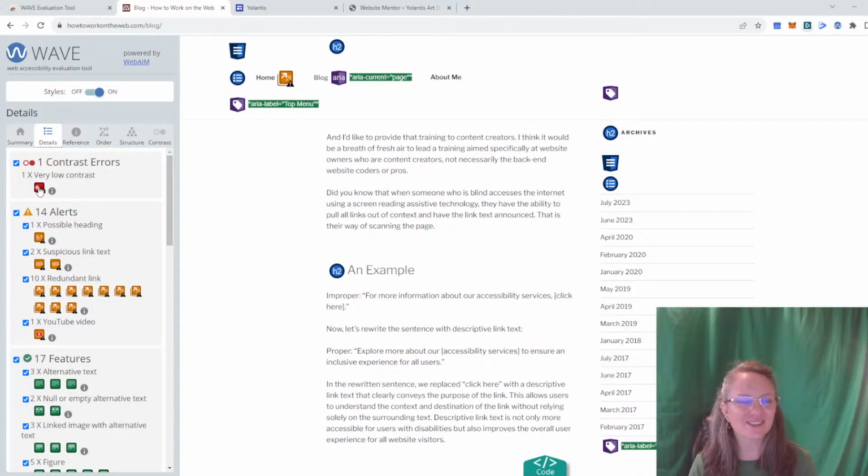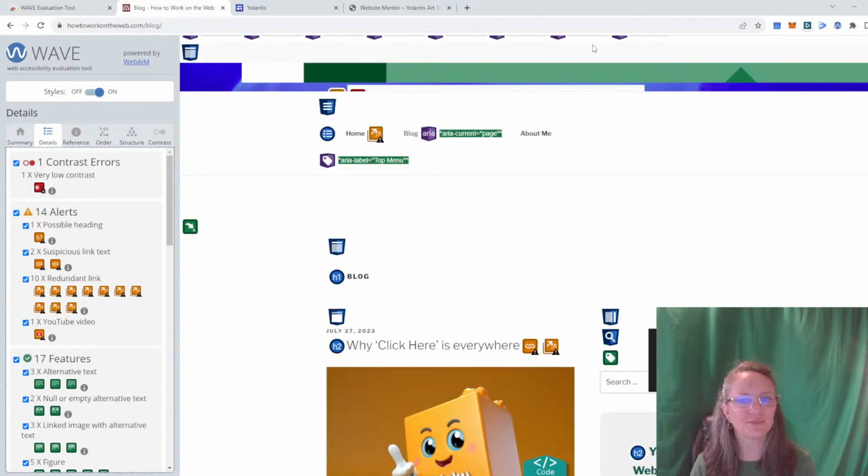Then here I can see I have a contrast error. I had looked at this yesterday and I thought that this is moot and I don't need to worry about this particular contrast error. It is my white words over the raster image in my heading, in my banner image. Not much I can do there because the bot that is inspecting the page to make this toolbar doesn't know what color the image is. Okay,